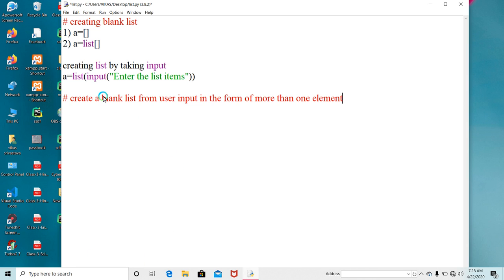If we want to enter values every time, then for that we have to use this one. So what will I do? A is equal to this, and I will write here for i in range.